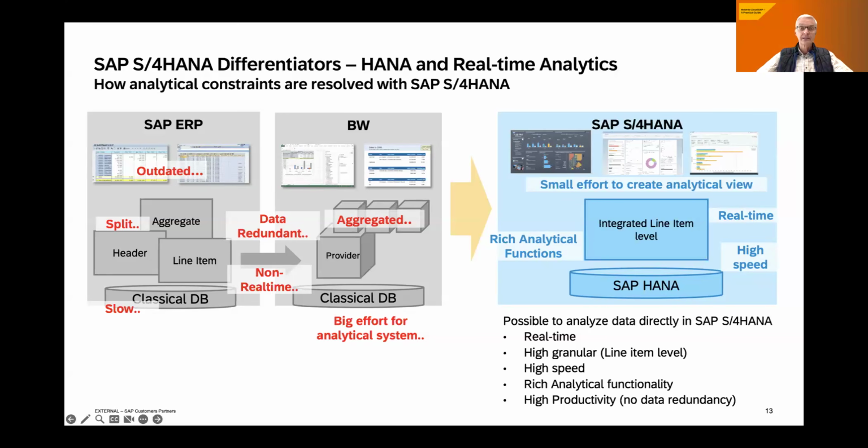And the answer, again, is S/4HANA being built on our HANA platform, the row-based in-memory database, which allows you to get your processing back to real time so that you can run an MRP run anytime during the day, so that you can actually work on fresh data and not on the MRP list data that you're probably relying on today, but which is probably 5 or 6 hours old, and the world has turned and changed in the meantime. That's not what you want to work with going forward.